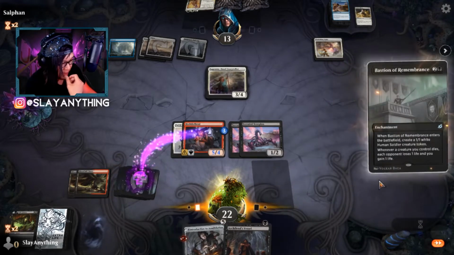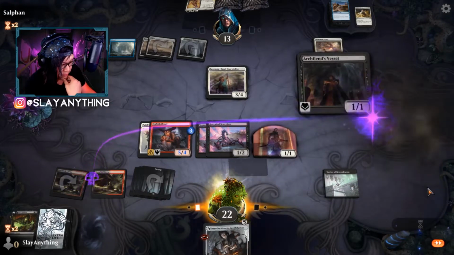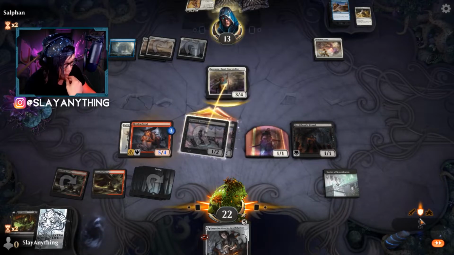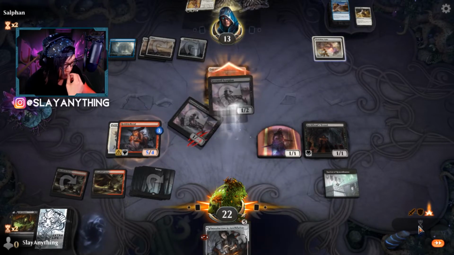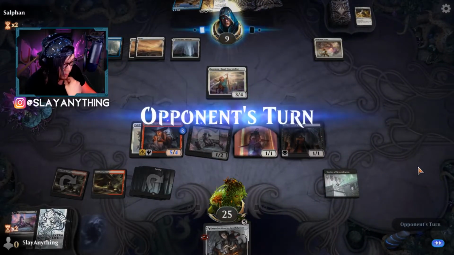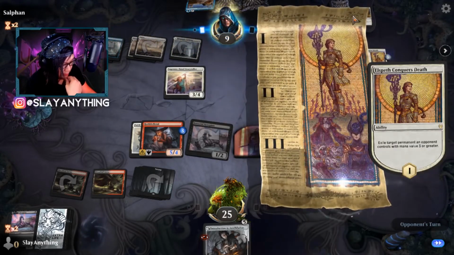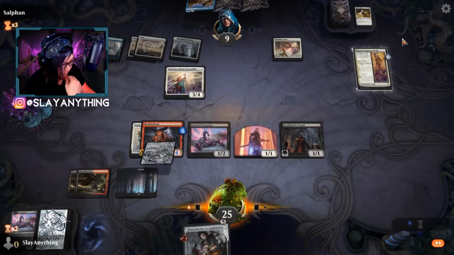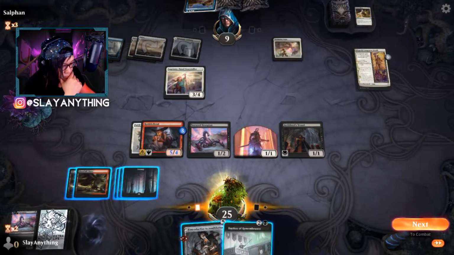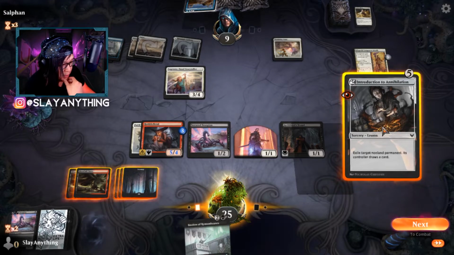Say we play Bastion. Play this. And we'll swing it for 2 here. So opponent is down to 9. ECD. Okay, so they're waiting for something to ECD. Do I want them to come back with anything is the question. Fudge. Okay, so let's go ahead and...